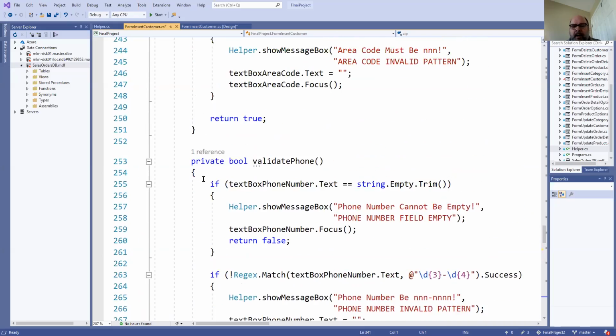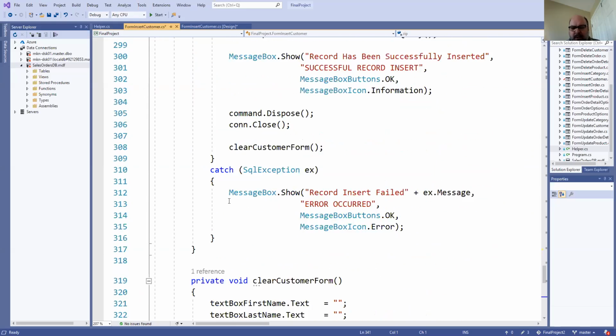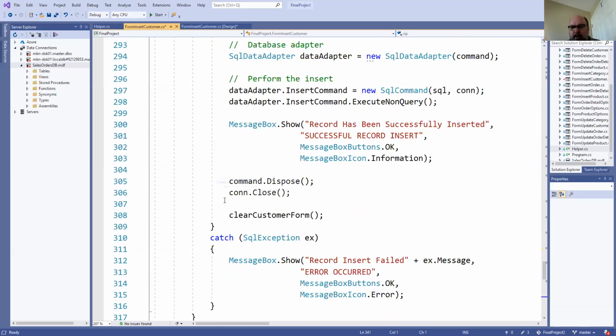So we come in here, we validate everything, cool, everything's fine. We do all this good stuff in here, and we clear the form. So again,